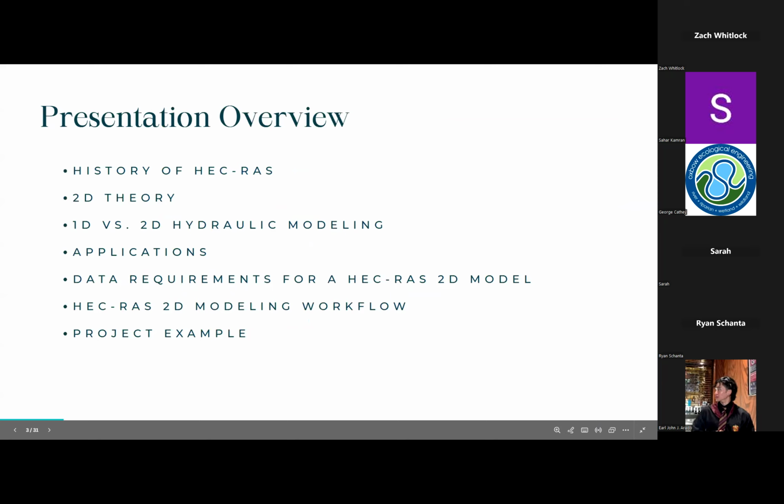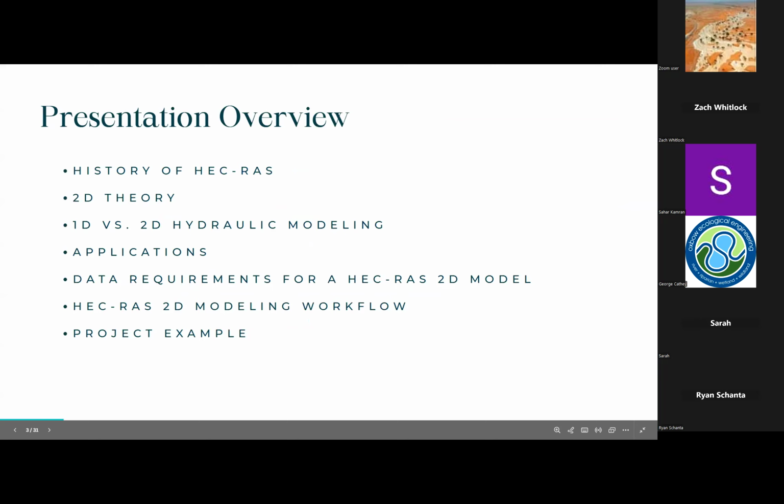So this slide's just a little overview of what we're going to be covering in the next hour. I'll go over